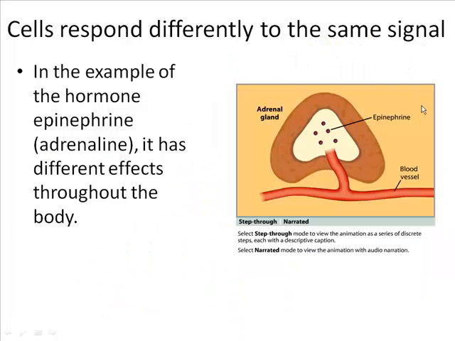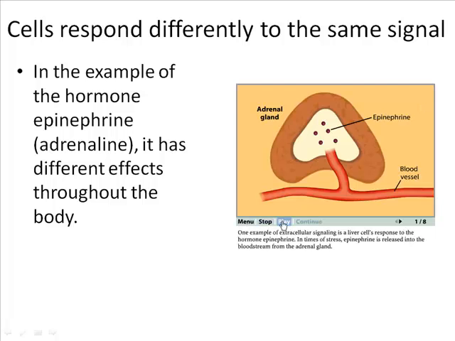First, we have to understand where adrenaline comes from. Okay? Adrenaline is secreted by an adrenal gland. It's a hormone that is carried through the blood. So now recall that this epinephrine, adrenaline, is secreted in response to what we call the fight or flight mechanism. Right? When we're put in a stressful situation and we require an increase in blood flow, when we require our muscles to acquire more energy, it's the epinephrine that's released from those adrenal glands and carried through blood vessels to different parts of the body.